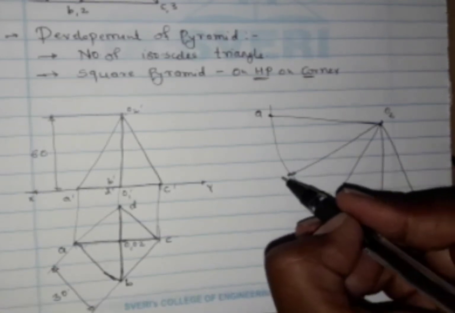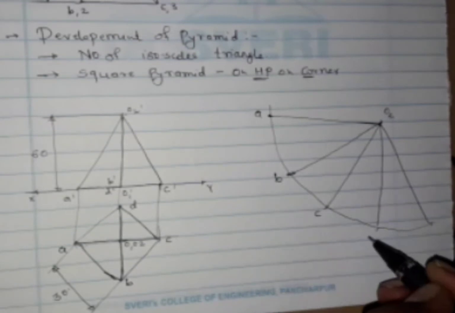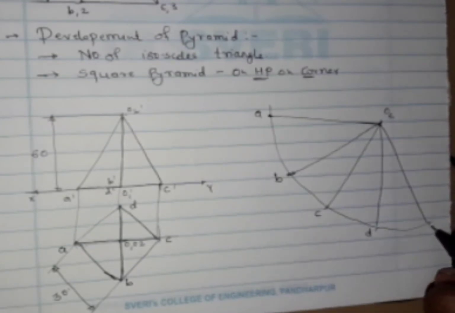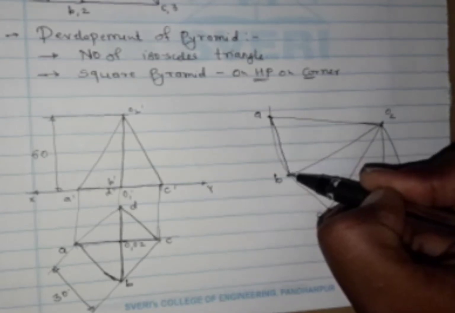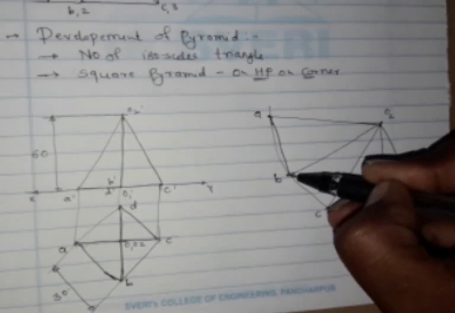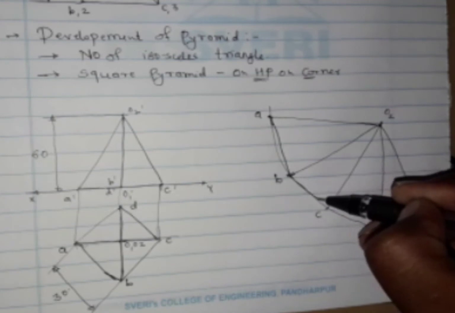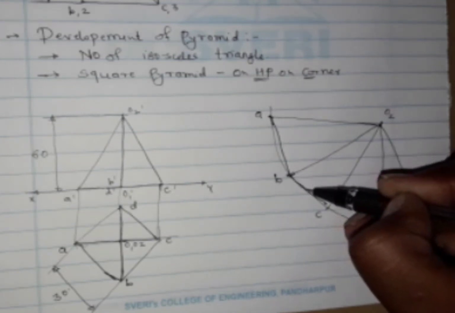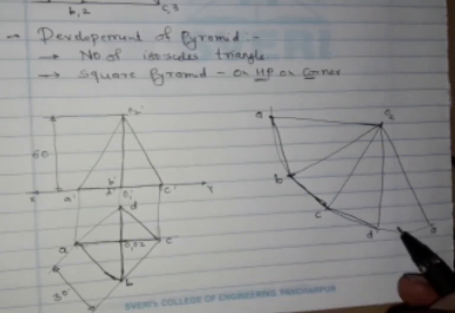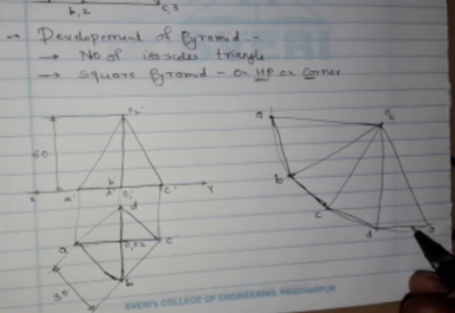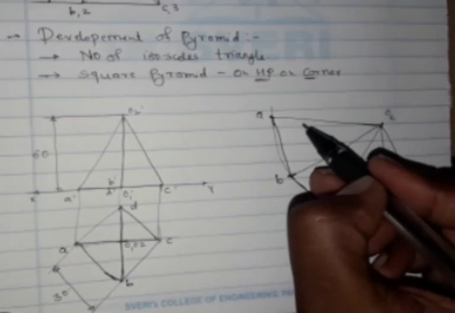So like this you have to join this, give the names A, B, C, D and the A. So here also you have to join A to B, as it is a pyramid, so you will get these edges as straight ones. So here like this, and like this you have to join this. Okay,